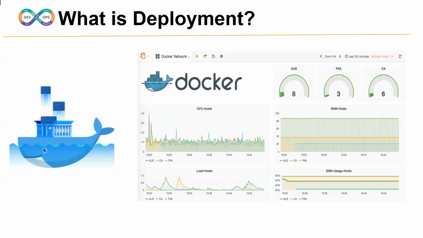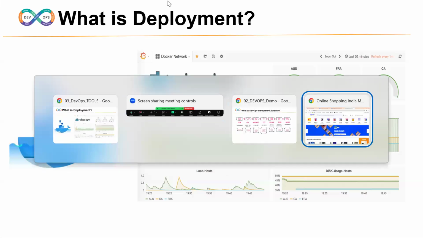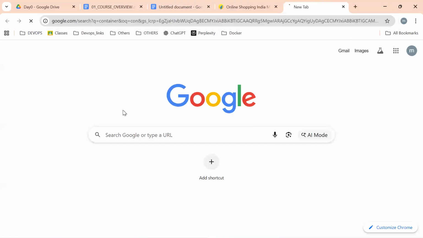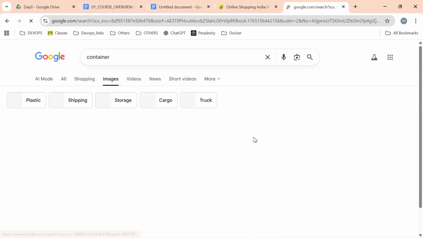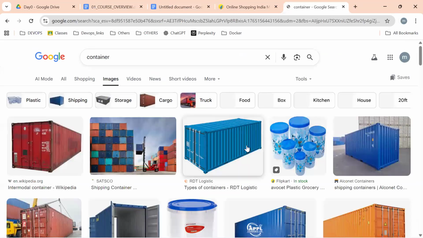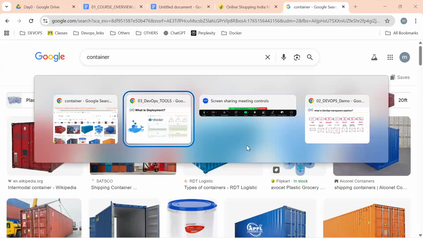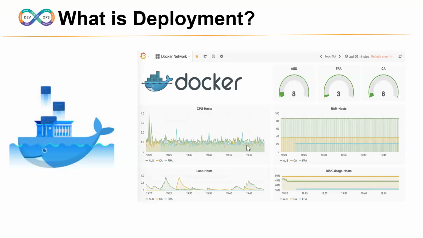Let us understand with an example. Let's say we have real-time containers. Look at here, how we use these real-time containers. The same way, we can use our Docker containers also.